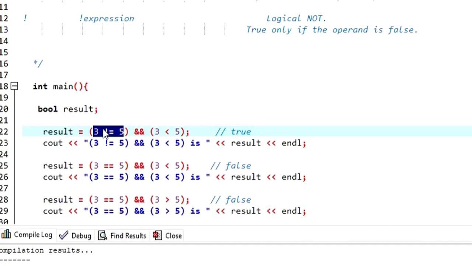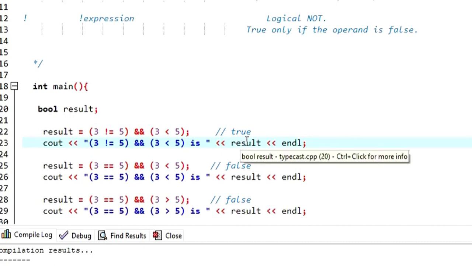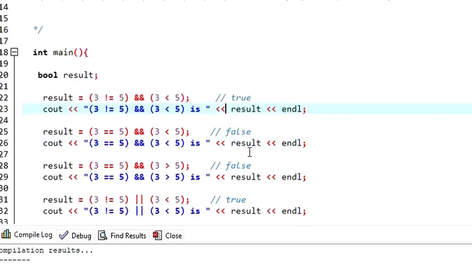In this case, we can consider this condition as true. Then 3 less than 5. Yes, 5 is greater than 3, so this condition is also true. So both conditions are true. When both conditions are true and you use the logical AND, it is going to return true. So here the result will be 1, because when it comes to true, it is going to display 1. If it is false, it's going to display 0.